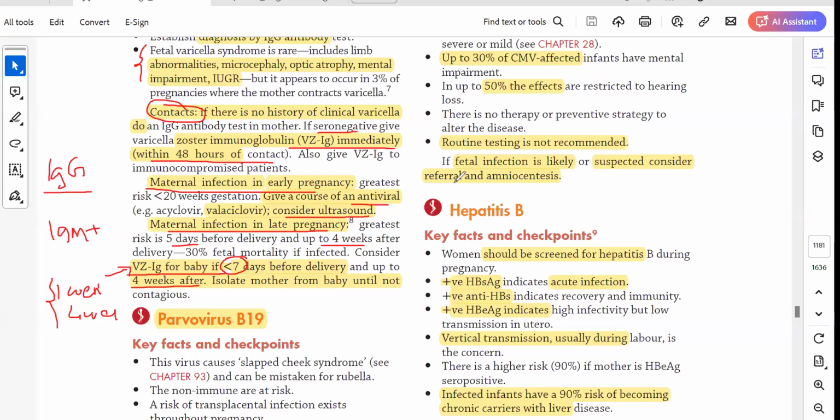Yes, you need to do it. Even if there is a previous history of chickenpox, you will still need to check the serology. No need for antiviral in a pregnant patient if they are in the third trimester. But we have seen questions where there are no options other than giving an antiviral. So it's not that we can't give it, but it's not as important as in this case.